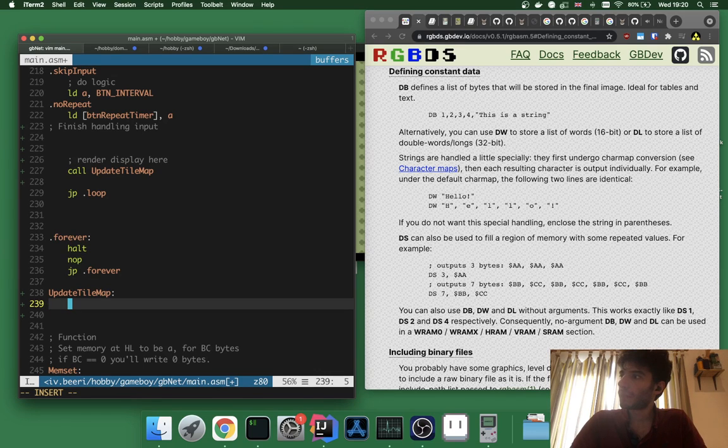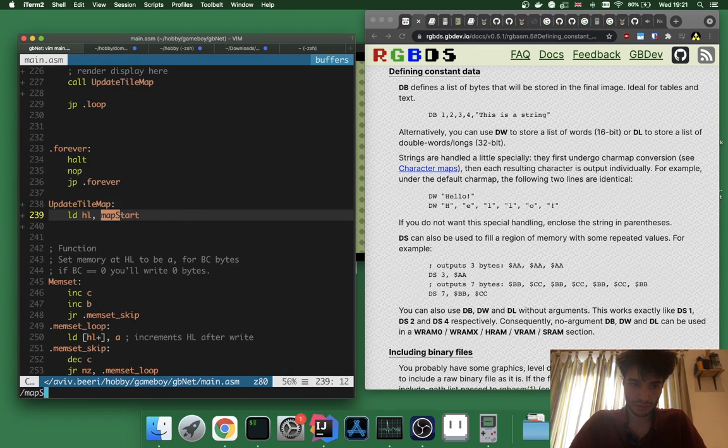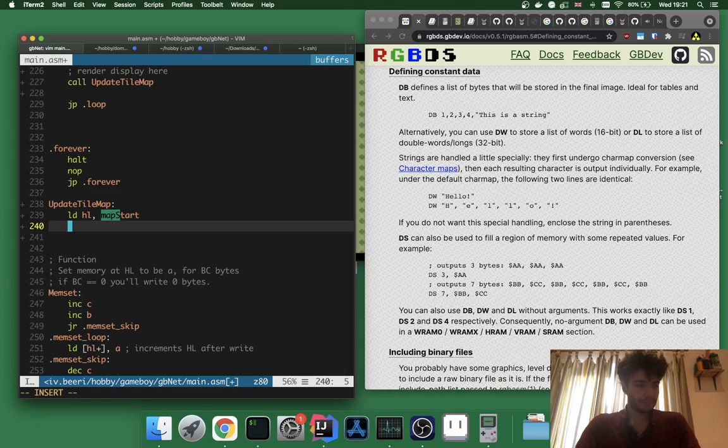So we want to be like load HL with map start. And then what we could do would be